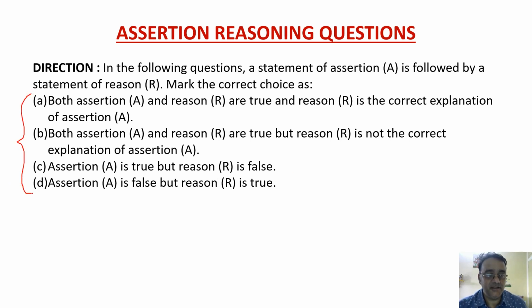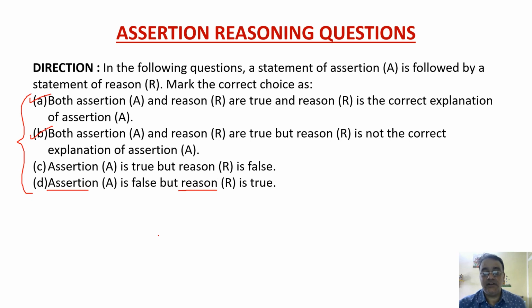एक statement दिया रहेगा assertion, and based on that one reason will be given, and we have to first analyze whether assertion and reason both are correct or not. उसके बाद चेक करना है कि assertion का जो reason है वो correct explanation है कि नहीं, right? If it is correct explanation, then A. Okay, if assertion and reason both are true and the reason is the correct explanation, then we have to tick the A. And sometimes it happens that assertion और reason दोनों सही हैं लेकिन reason जो है वो assertion का explanation नहीं है, जो statement दिया हुआ है उसका explanation नहीं है. So we have to put tick mark for B.